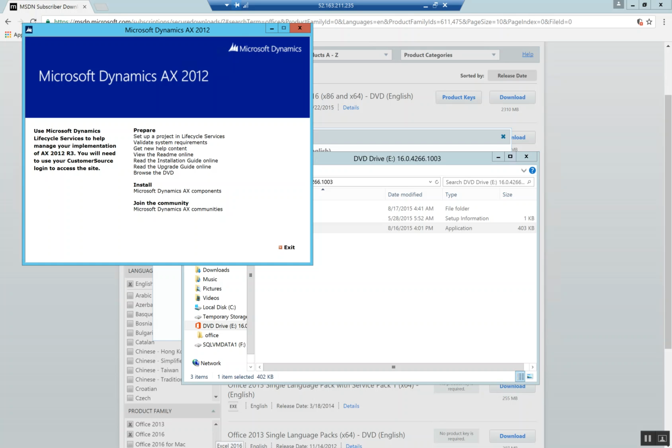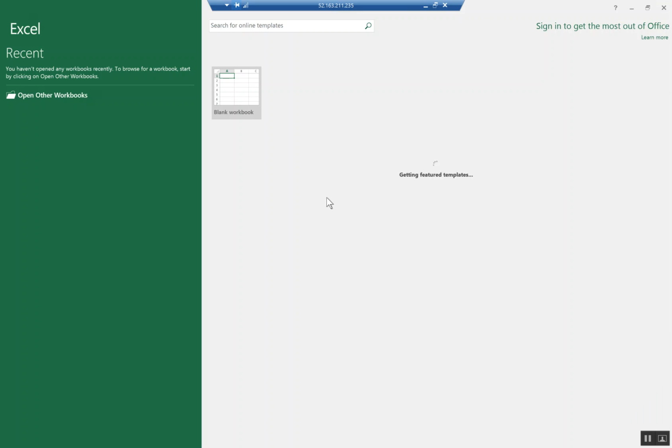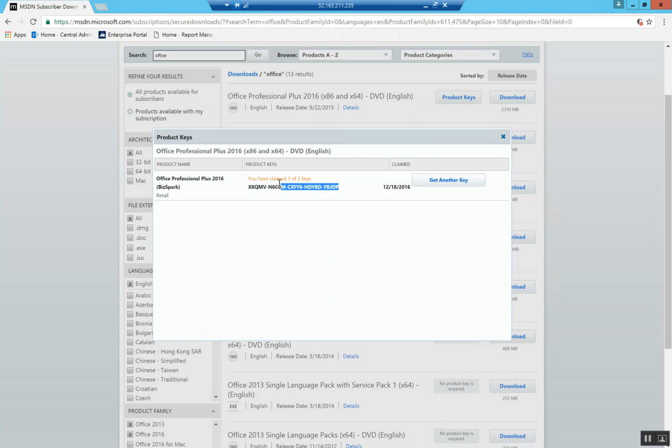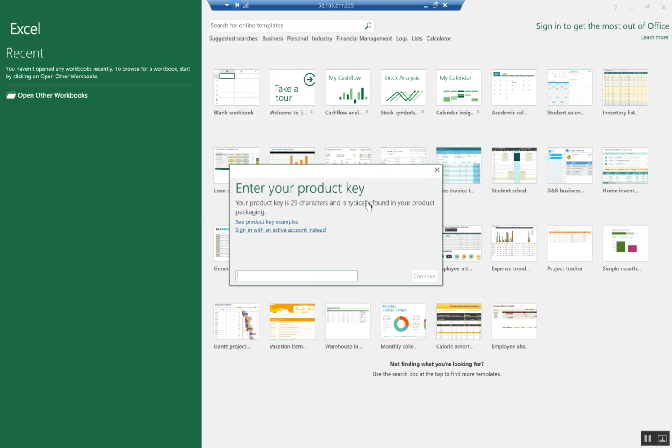So let's open Excel just to get the license pop-up. So it's the pop-up that I'm talking about. Just gonna copy and paste this. Look, if you don't have a key,